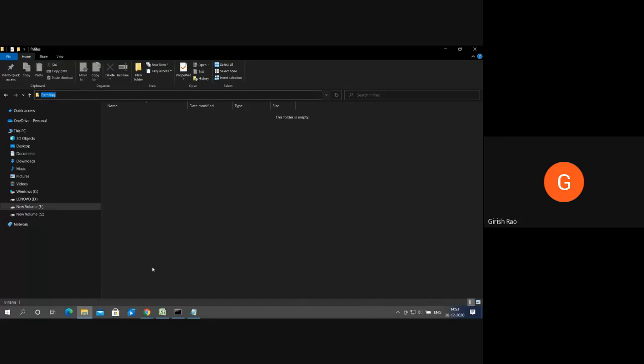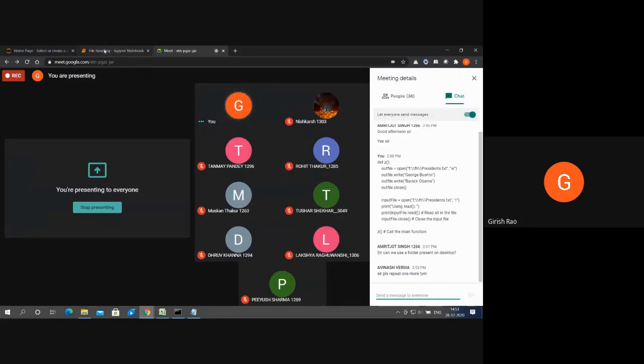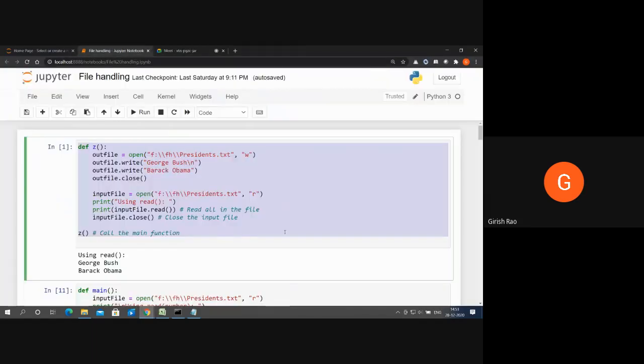I'll copy this path and go to my program, which is this one, and I can change this. In the directory, I'm now writing the contents and reading the contents. Let me run the program now.